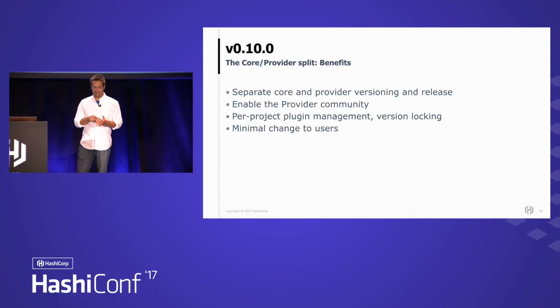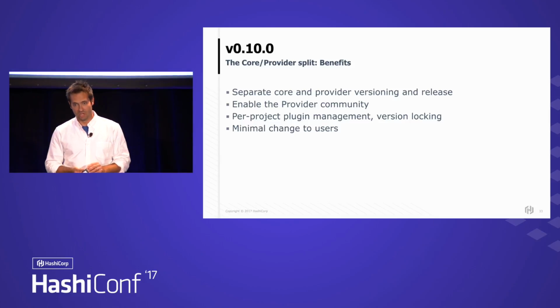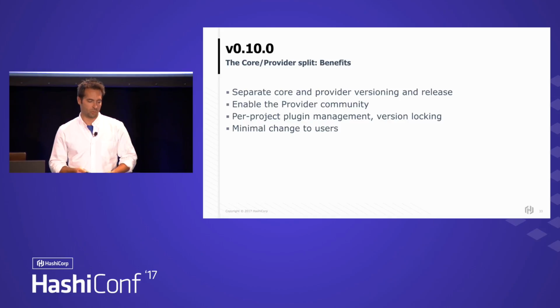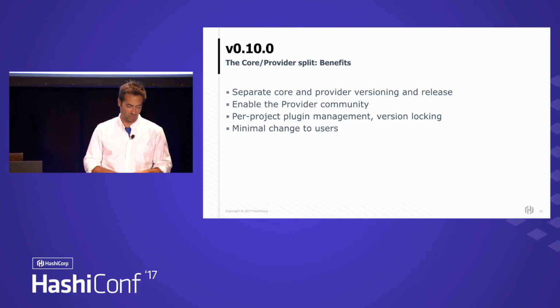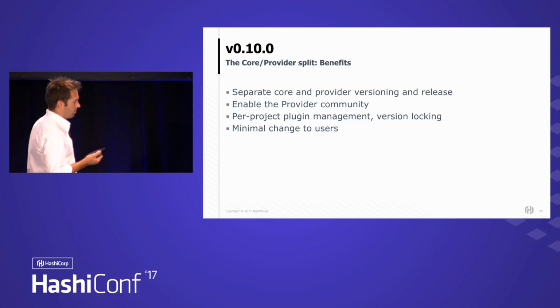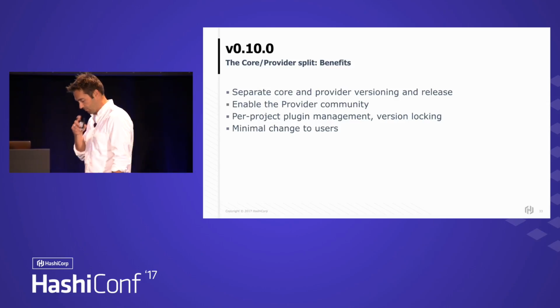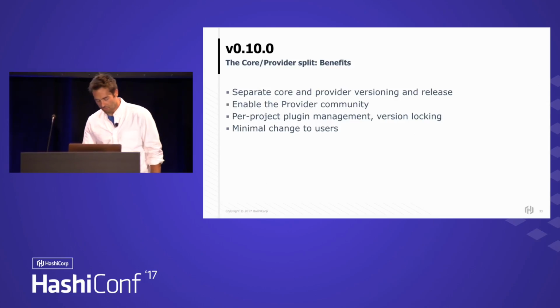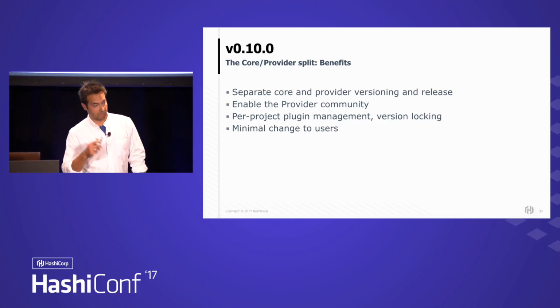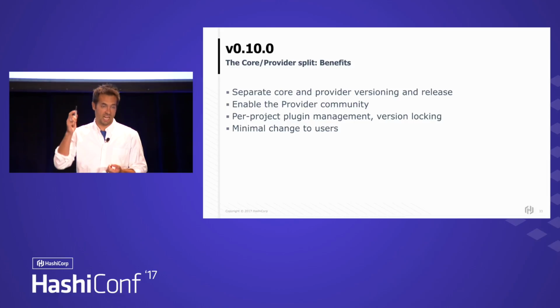You know, when Google or Amazon comes out with a new press release of how they added a feature or a new resource, we could have a Terraform resource for that as soon as the SDKs are updated. We have community members and employees who are just on it, trying to get those things in. And so providers need to be able to release separately. With this split, we've enabled that. Terraform providers can now move at their own pace, be released independently, and Terraform users can now dynamically pull down